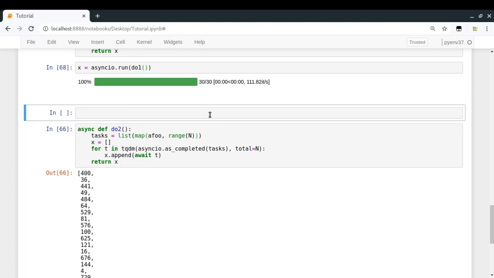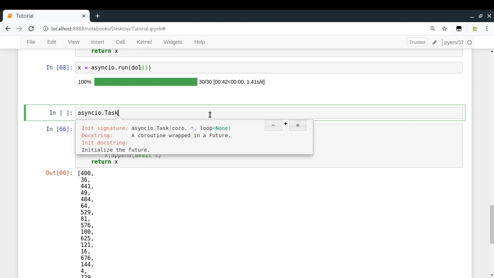an asyncio task. So let me just show you asyncio.Task. An asyncio Task is a coroutine which is wrapped in a future object. And what are future objects? Future objects just refer to an object which is going to have some value in the future once it gets calculated. That future object can have multiple states, like it is being processed, or it has been processed, or it failed, or it was cancelled.